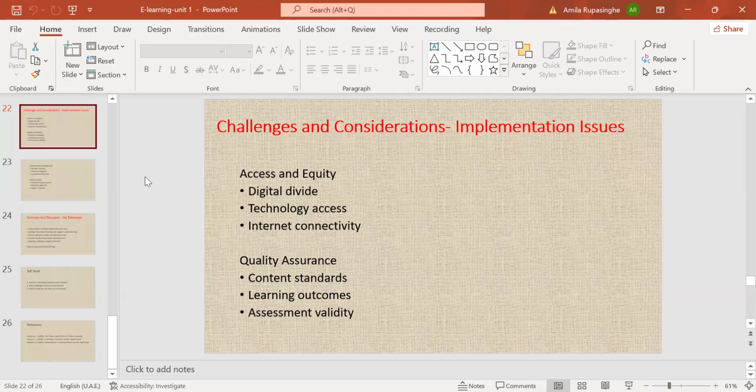One thing is in e-learning, access and equity. Access means, can we access this e-learning platform? Due to some reasons we can't access right now. When you think about this COVID period, some students had access, some students didn't have access. That means, can we reach this? Not everyone may have access. Very simple example. Sometimes, although you are in the LMS of your campus or some other institution, due to some technical problems, you don't have access.